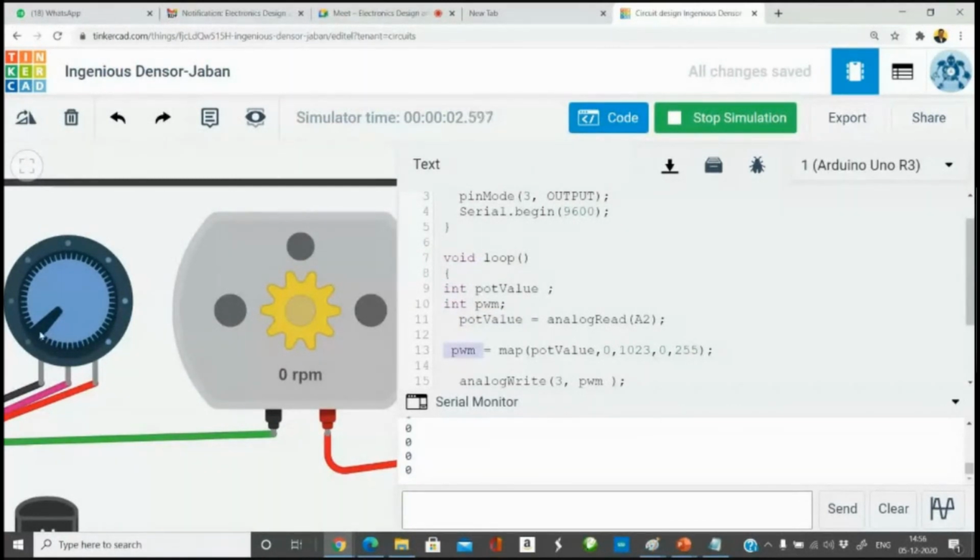As I gradually increase the potentiometer, you can see that the RPM is increasing gradually. So I'm just controlling the RPM by giving an input from the user. That's what I'm doing here. See, the RPM increases from 0, and if I give a maximum PWM of 255, it reaches the highest RPM, which is 17552 for this motor. So you can see the PWM as 255 here.